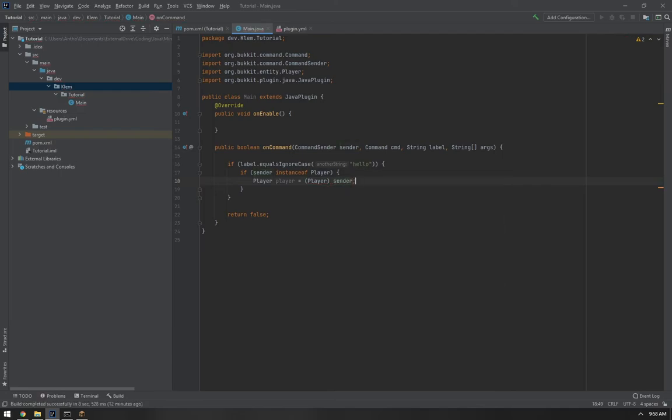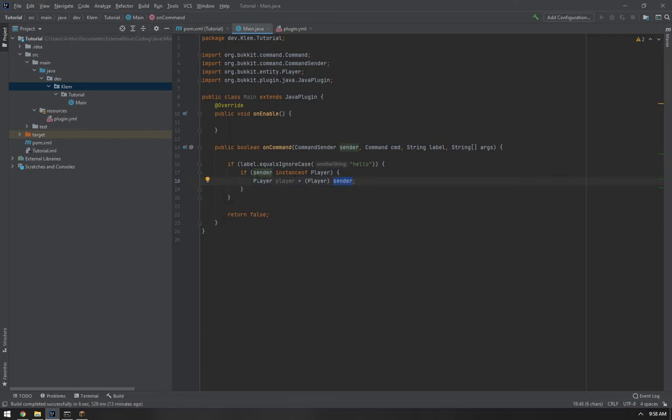And now that might be confusing if you're not very familiar with Java or Spigot API, but basically what it's doing is it's taking the object player and casting that object to the sender, which basically makes the